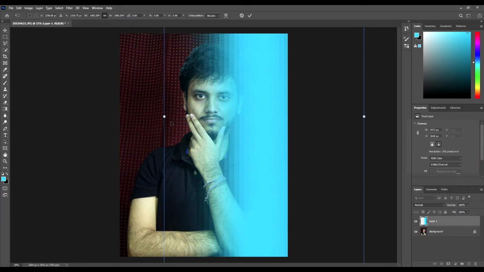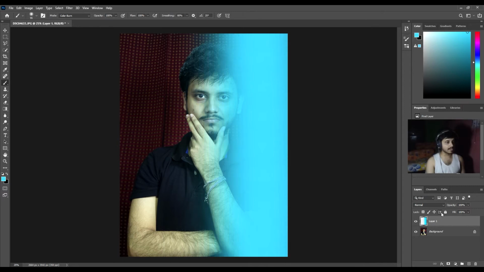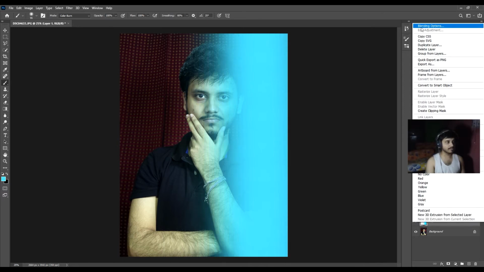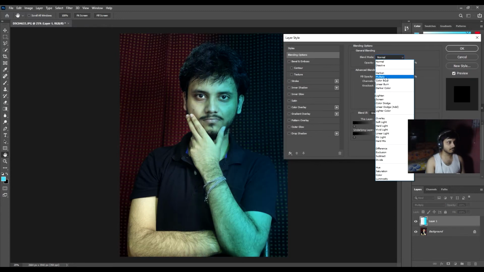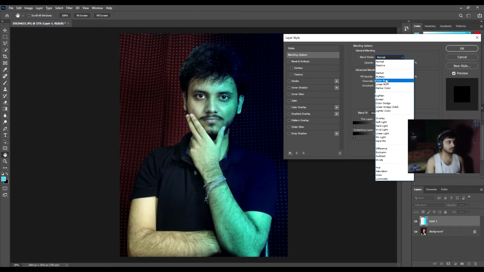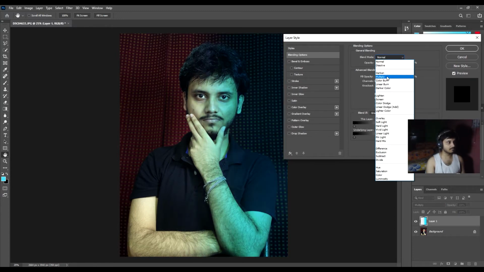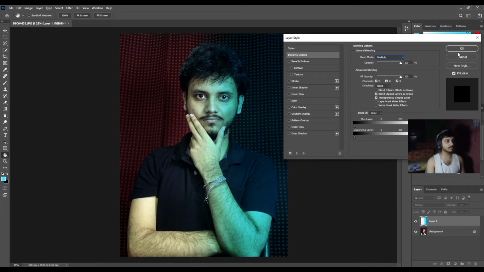Now right click on this layer and again go to this blending option, and from there you can actually now see the difference. I'm going to change the blend mode from normal, so I feel that the multiply option is doing a better job for me. And this actually depends on your wish and on your personal preference. If you want to change the thing and you want to experiment with various kind of things, you are most welcome, you can do so.